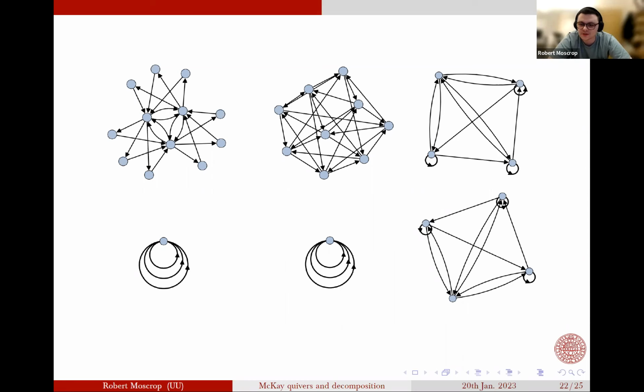Yeah, well, thank you for the questions. Can you say what the dimension vectors are for these quivers? So for this one, I don't know because there's a lot. I think in the first one here, it's all 1s and 3s, I think. Then I think the highest possible dimension you get is maybe a 6.